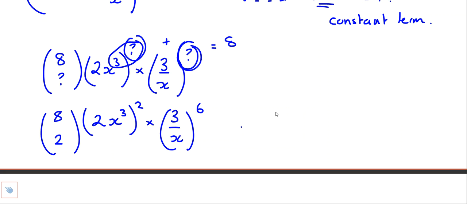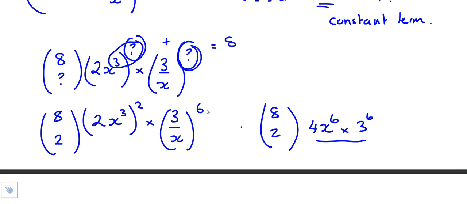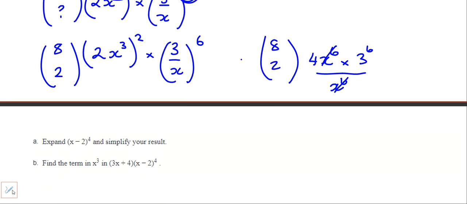Either one you want, we would end up with 8 choose 2, whatever it will be, and it will be 4 because of the 2 squared, x to the power of 6 because you multiply, multiplied by 3 to the power of 6 all over x to the power of 6. Hence the x to the power of 6's cancel out and you end up with the constant term. So we get 8 choose 2, whatever that is, which you can find on your calculator, times 4 times 3 to the power of 6, and that will equal